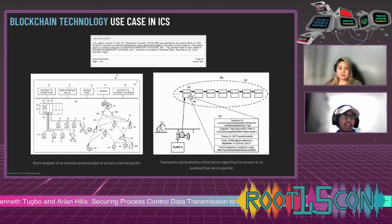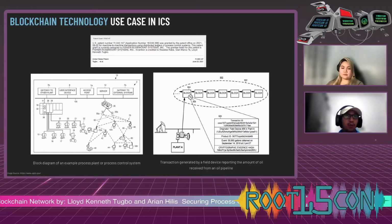Our invention will provide a trusted, secure, and immutable record of transactions within a process plant. There were techniques that we described there for utilizing a distributed ledger in process control systems, and the distributed ledger may be maintained by nodes which receive transactions broadcasted from the field devices, controllers, and what else? Operator workstations or other devices operating within the process plant. In this manner, recorded process parameter values and product parameter values may be retrieved to verify the quality of